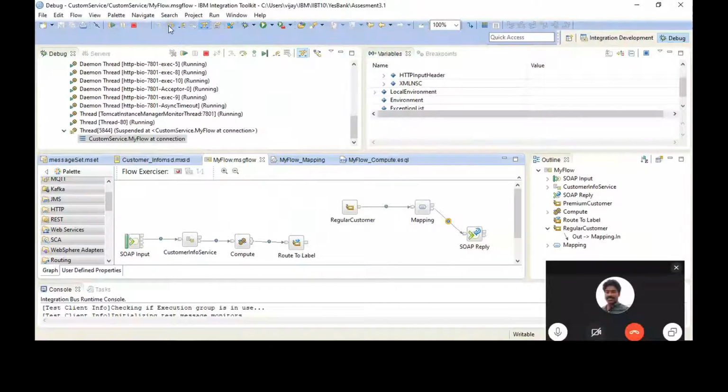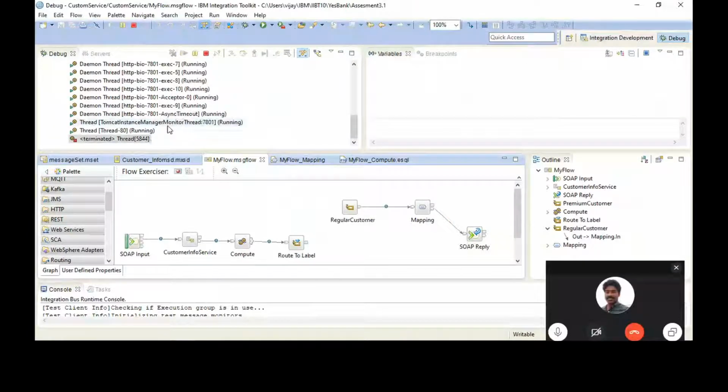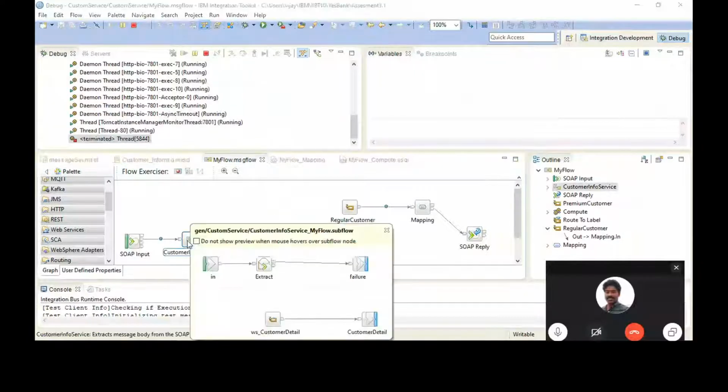Oh, what is customer info service, and what does it do? What is inside that? When you directly create through a visual file, it creates a subflow over there. Oh, it was automatic. It was confusing for me on the mobile window, but I think you are doing it properly.